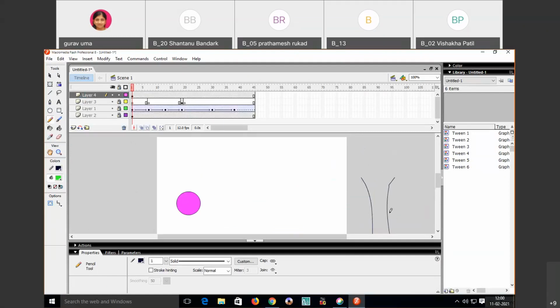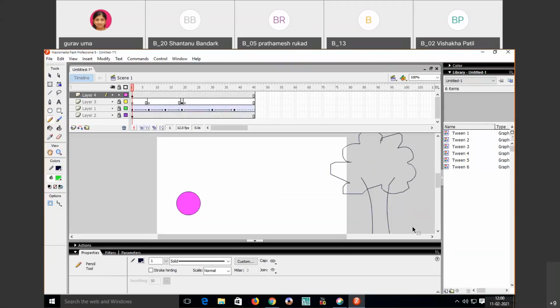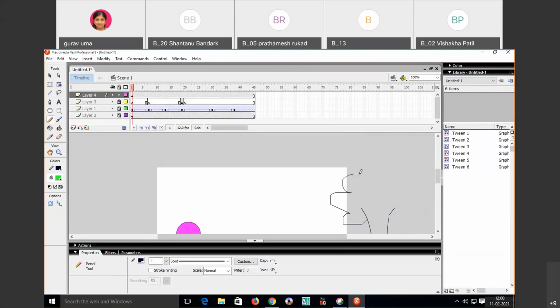Now I'm drawing a tree here. Now just fill the colors.